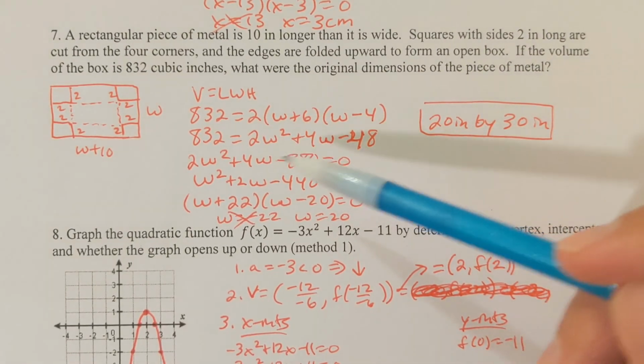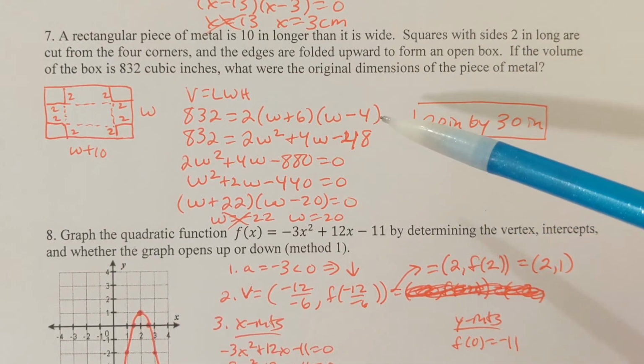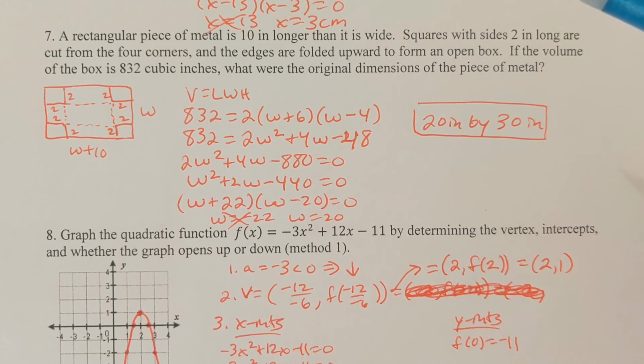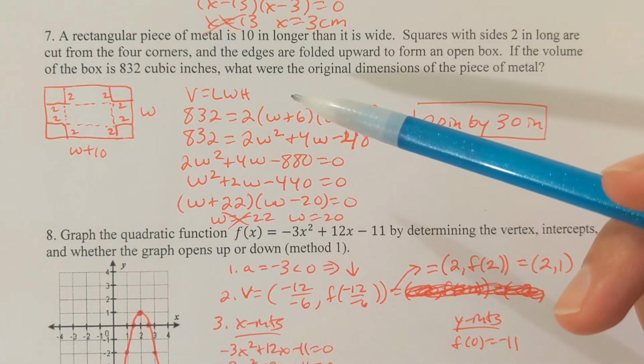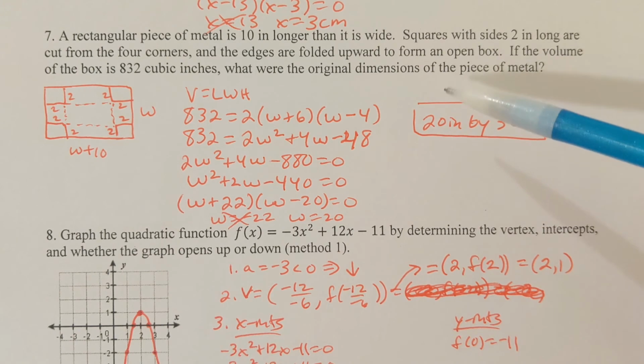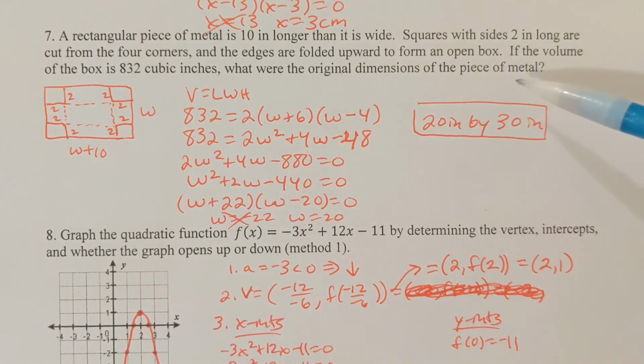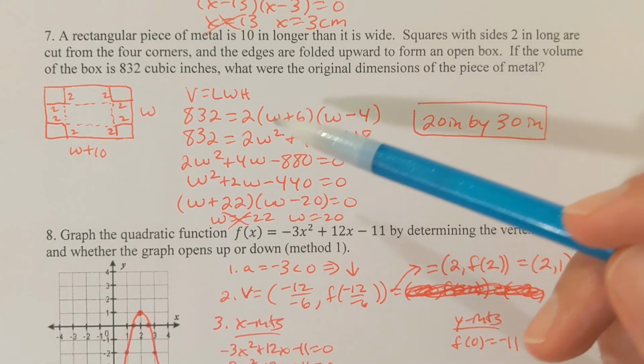Why don't we do one more here? A rectangular piece of metal is 10 inches longer than it is wide. Squares with sides 2 inches long are cut from the 4 corners, and the edges are folded upward to form an open box. If the volume of the box is 832 cubic inches, what were the original dimensions of the piece of metal? Okay, so I've got